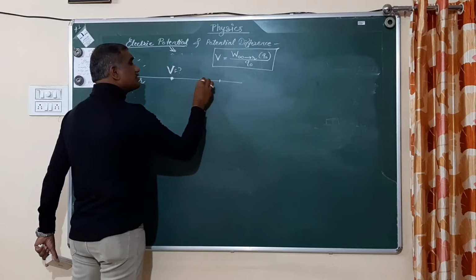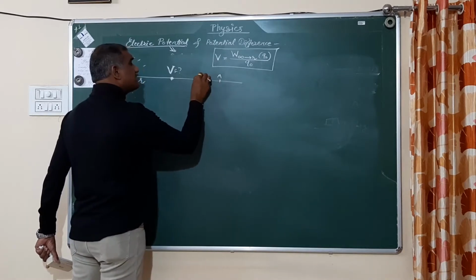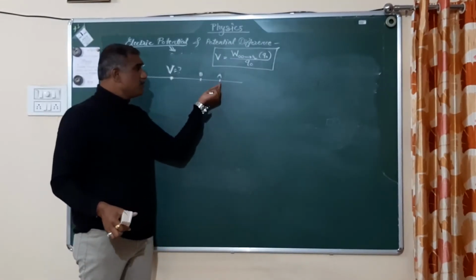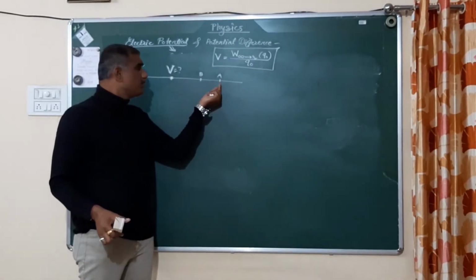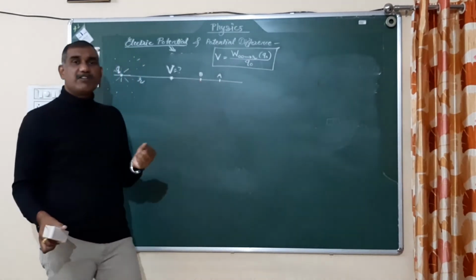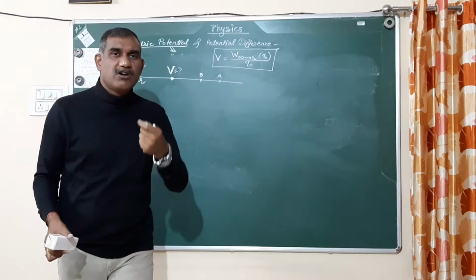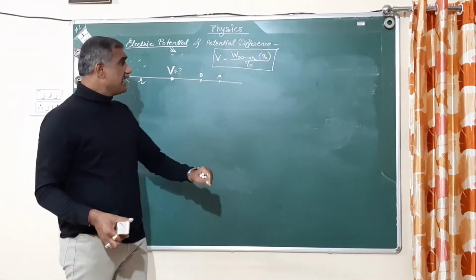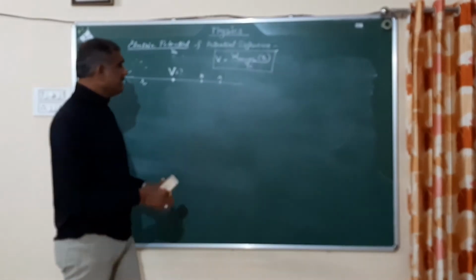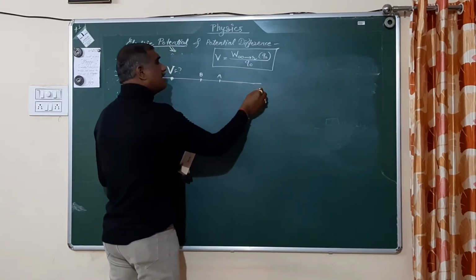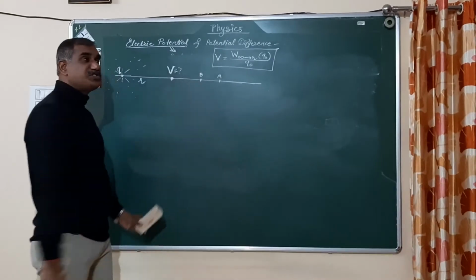Consider two positions: one is position A and the second one is position B. What am I going to do? At position A, I will put one test charge Q0 and move that test charge Q0 from position A to B, and that work done will be considered as a small or elementary work done. This will be denoted as dW, and thereafter, by applying the mathematical tool of integration, we can find out the work done from infinite distance to the position r.